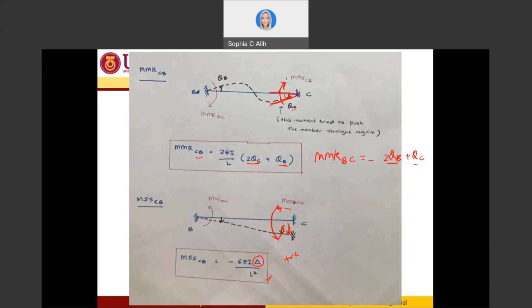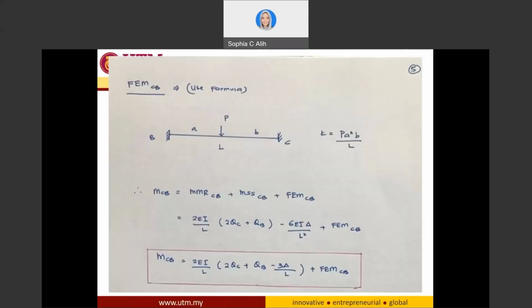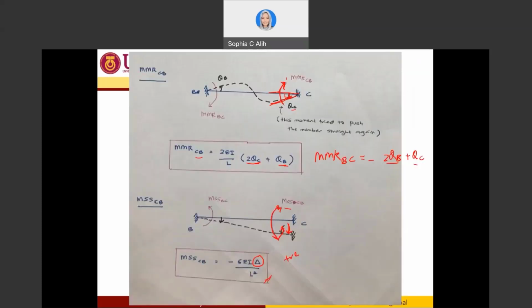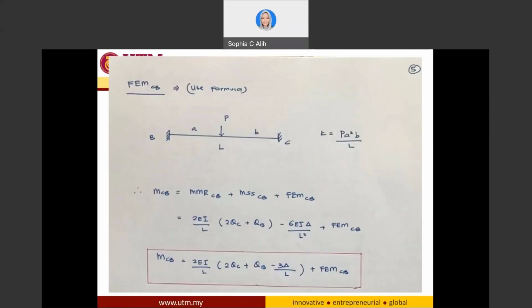Right, so this one also you keep in your list. And for the FEMCB, as mentioned, you can just use the formula that is given to you. So if I put all the values that I have from here for the CB, 2EIL to theta C plus theta B, I take this equation and this equation, so I just put it in here. So this is the value number 1 for the moment due to support settlement, and this is the fixed end